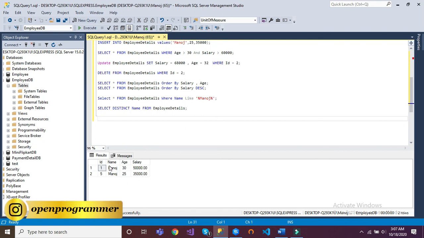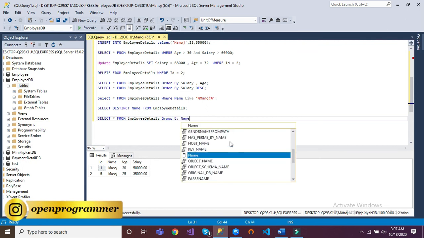Or if you want to see the Manoj employee total salaries, so how we can achieve that? There is a command using group by, select star from employee details, group by name,